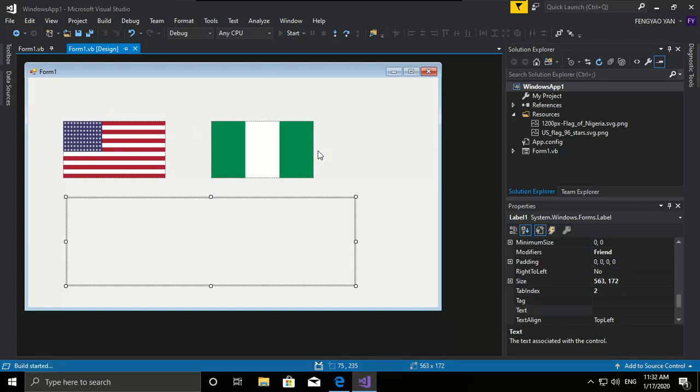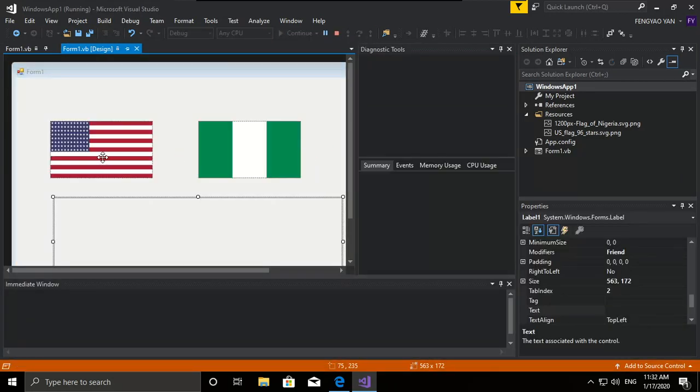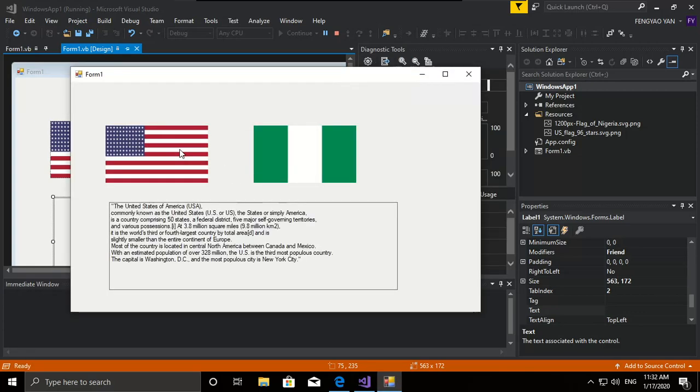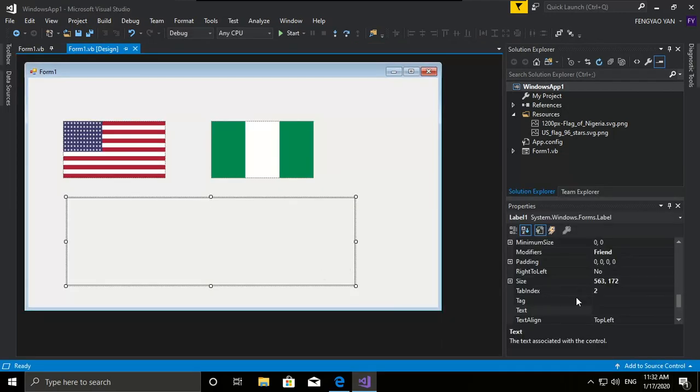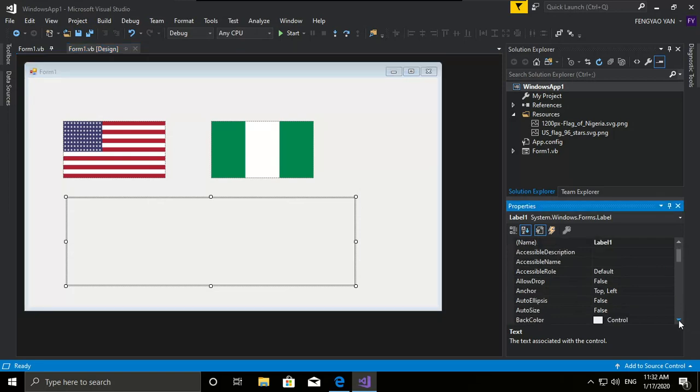And let's try again. So right, if you resize the window, so if you resize the size of the label control, all the text is now successfully displayed. What else you can do is that you can actually set the auto size of the label control